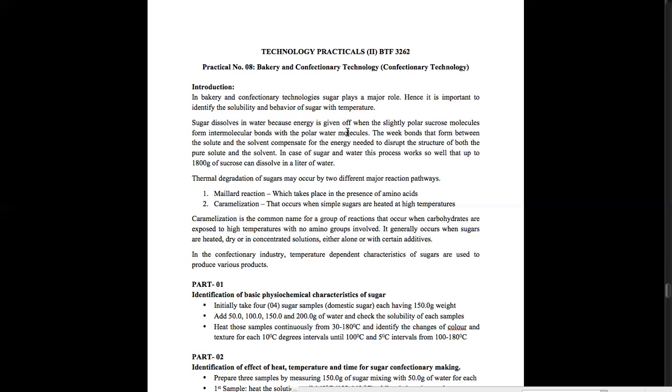When we heat some sugar with water, you can observe the color change. And at home, your mother also makes this type of food product using caramel and sugar. So you can get different textures and colors using similar sugar. The Maillard reaction and caramelization are very critical in the sugar confectionery industry. I hope you all know these things.